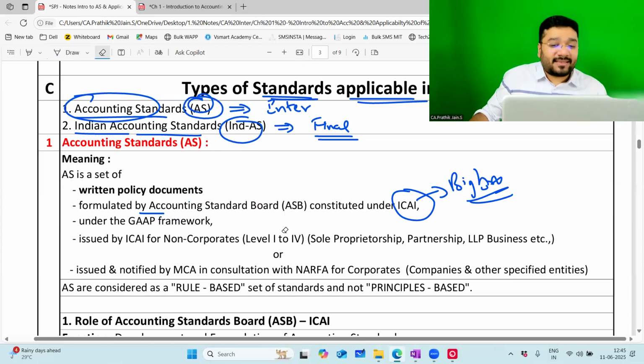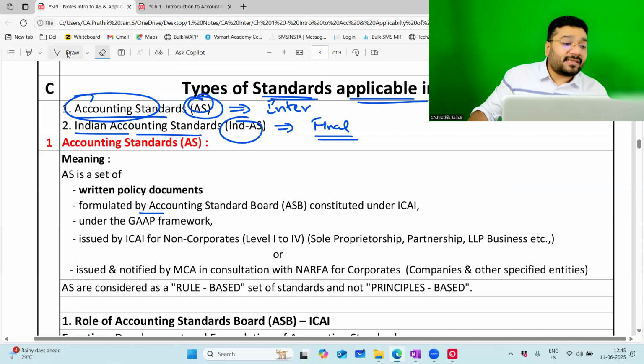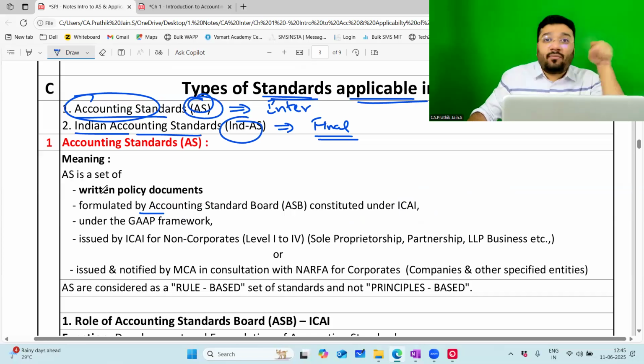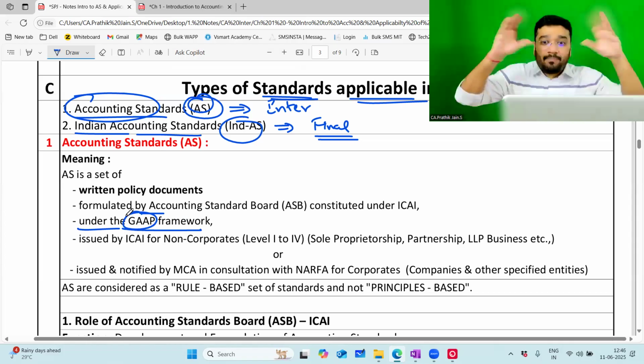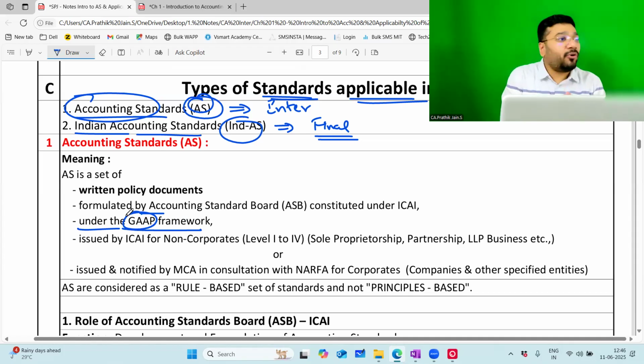Now, AS, what you are preparing? Who's preparing? ASB is formulating accounting standards. This accounting standard should be within what framework? GAAP framework. It should be under the framework of GAAP. Now you understood why I took GAAP? Because if I don't explain what is GAAP, you will not understand what GAAP is doing here. What is the purpose of GAAP? GAAP has got a broader structure that you should follow the prudence concept. There should be materiality. It should be consistent. There should be what? Accrual basis, etc. So that broad framework is given by whom? GAAP. In that, a few things we adopted as it is and a few things we have modified.